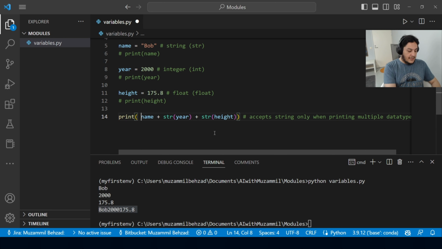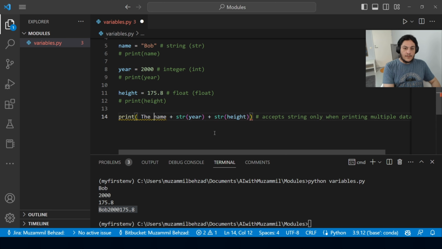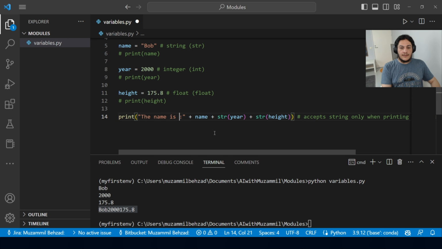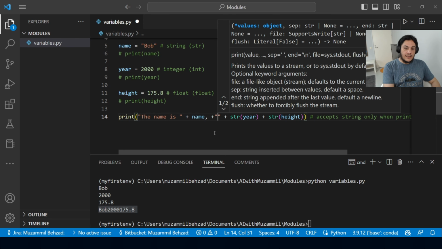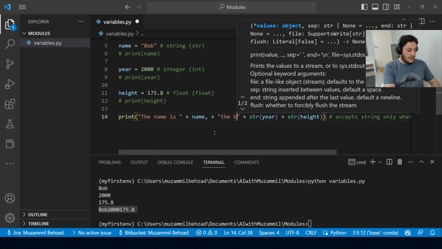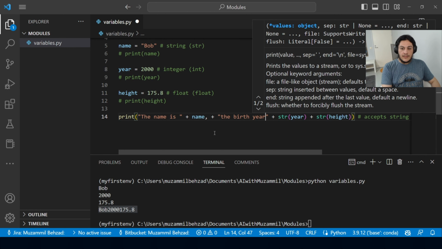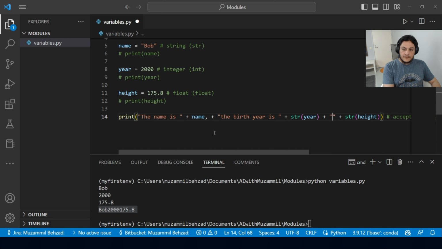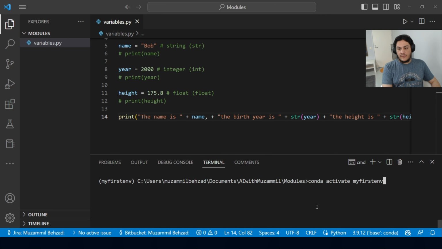And we can say here that the name of the person is name, and then we can say the birth year is birth year, and then we can also say the height is the height. And when we try to print it after clearing up the screen, we can see